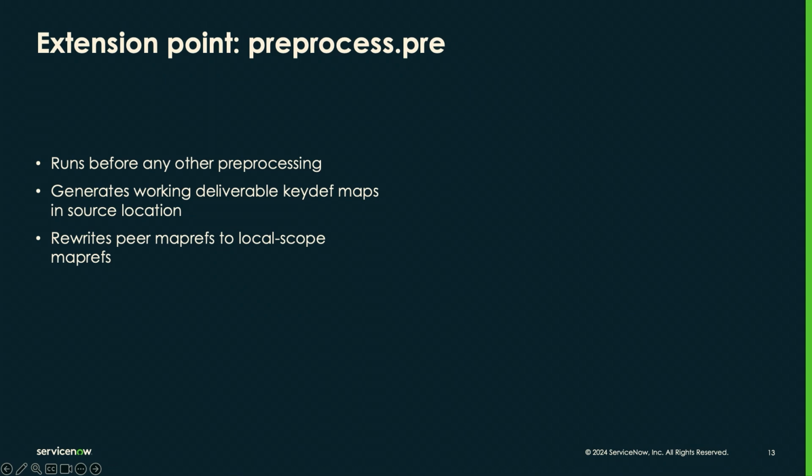So in practice, what that means is every one of our root maps has a peer map ref to every other root map, right? Because it's not practical for us to know for a given publication, well, I only care about these 5 other target maps. I just have to add all 59 of the other ones there, right? So every one of our maps has these peer map refs to all the other maps. So I rewrite those to be local scope map refs to the delivery key def map,